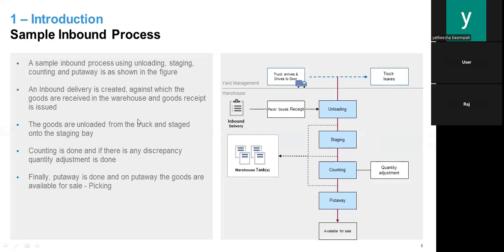So this is the sample inbound process. Like I explained, the truck arrives at the door. When the truck has arrived, they will perform the unloading. At the same time, it will be moved to the staging area. Then in the staging area, they will perform the packing, and then they perform the goods